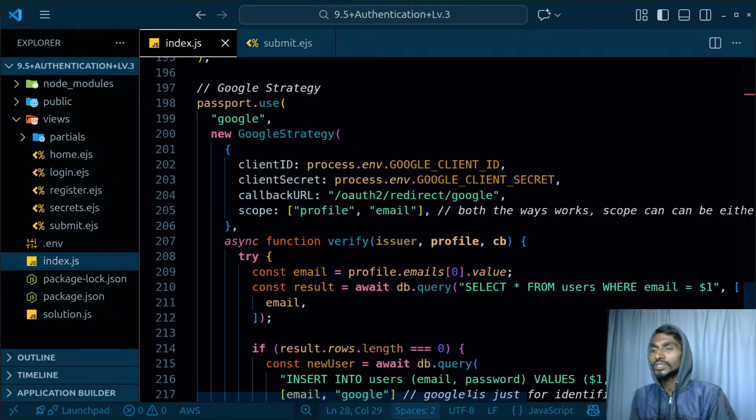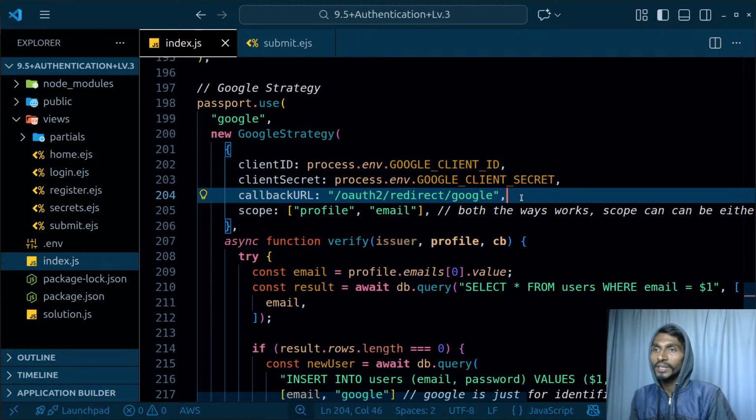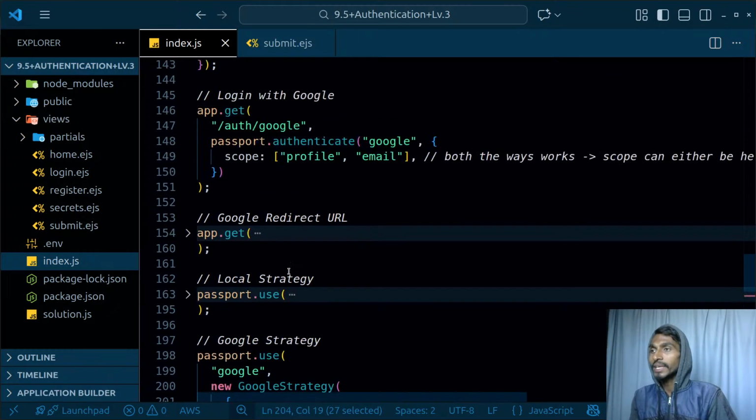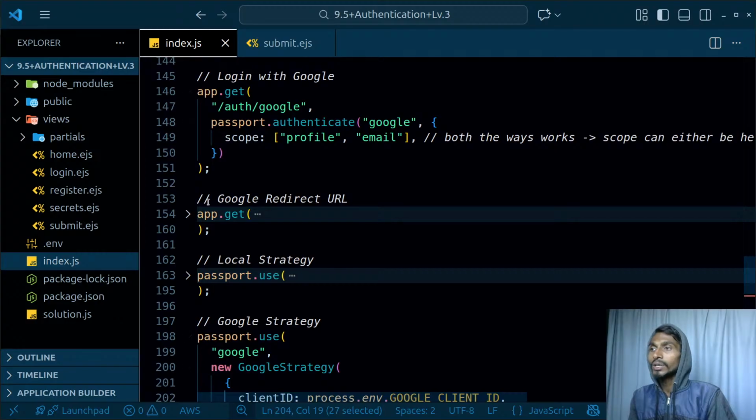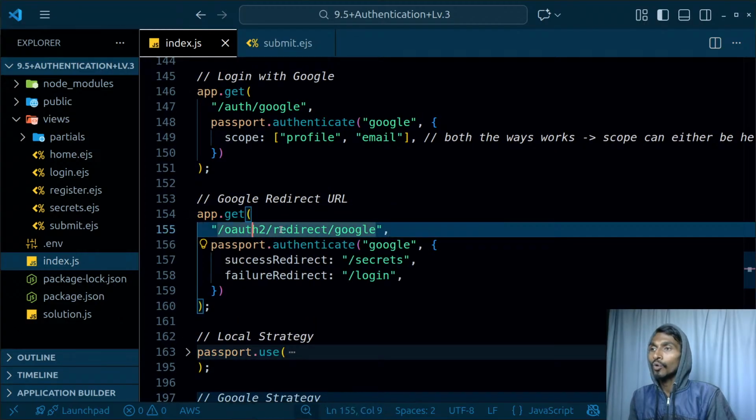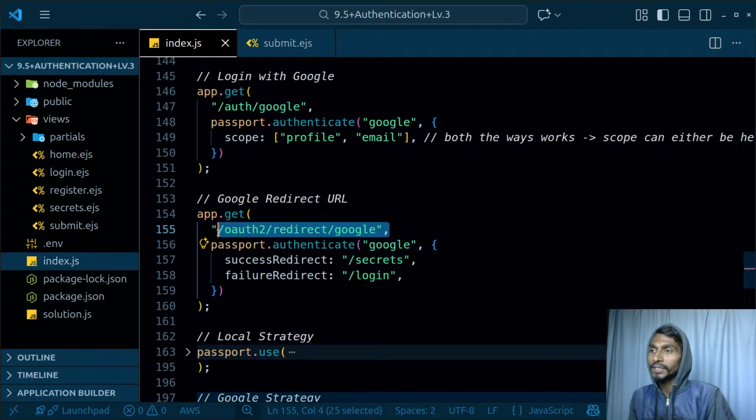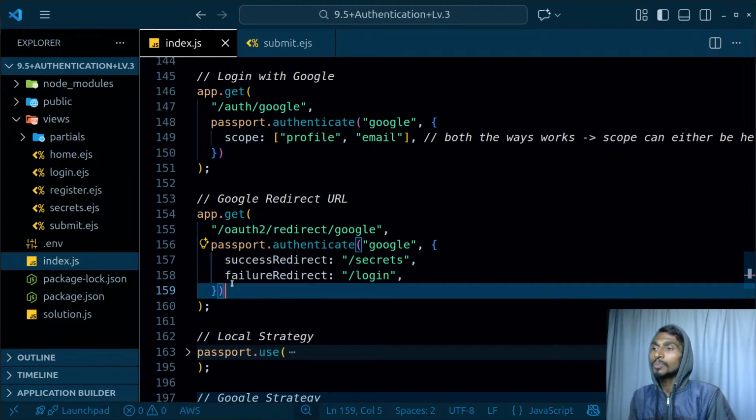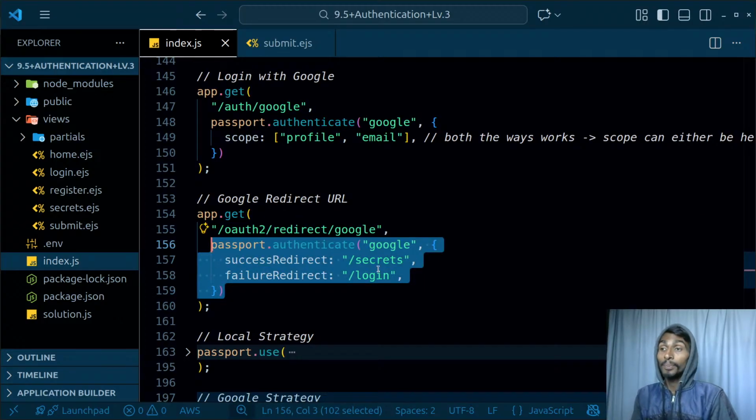Having said that, as soon as this authentication got done and data got serialized, I will be redirected to this particular URL, and I have already created this particular URL, Google redirect URL. This is the one, OAuth redirect to Google. So I will be redirected here, and what am I doing over here? Once I'm redirected to this particular URL, I'm simply checking whether I'm logged in or not, because as soon as